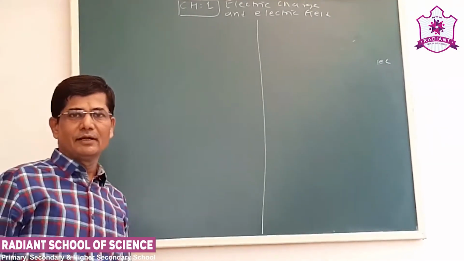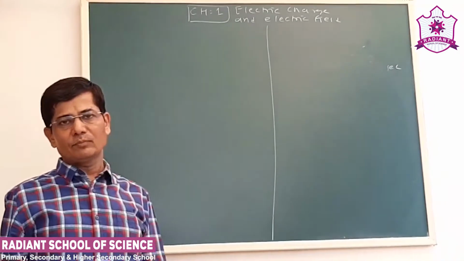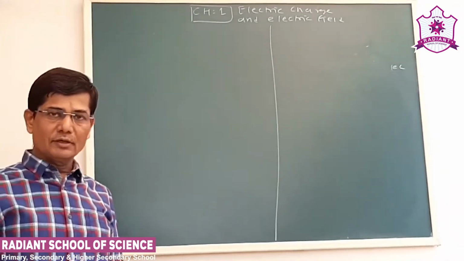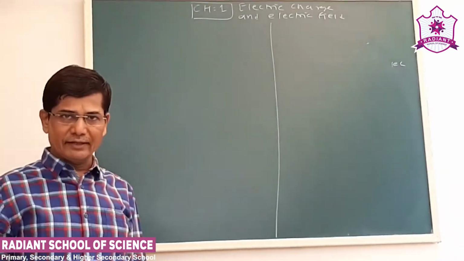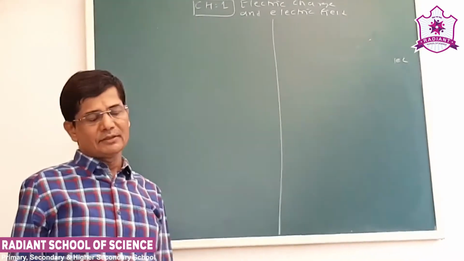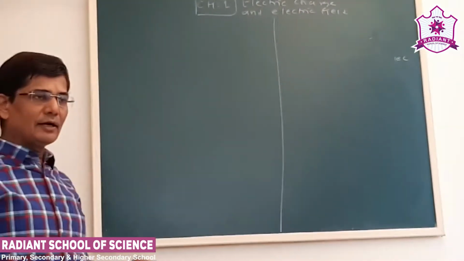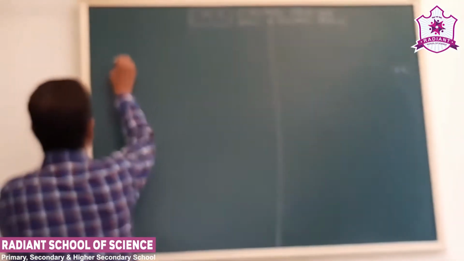Good morning, friends. Last time we saw the electric field of an electric dipole. We also saw the characteristics of electric field lines. Now today we proceed further. Our next question will be like this: see how a dipole placed in a uniform electric field will behave. The question will be asked like this.